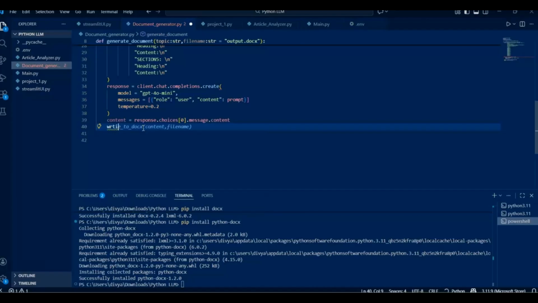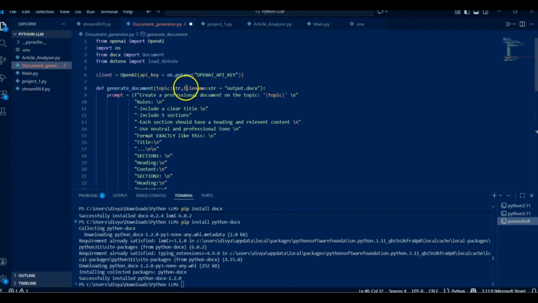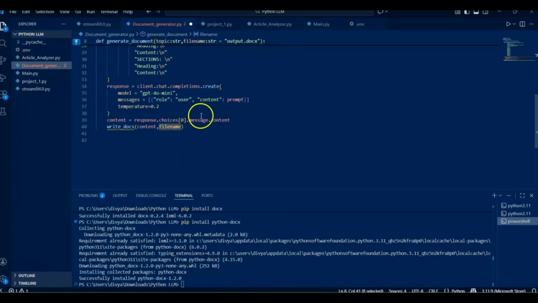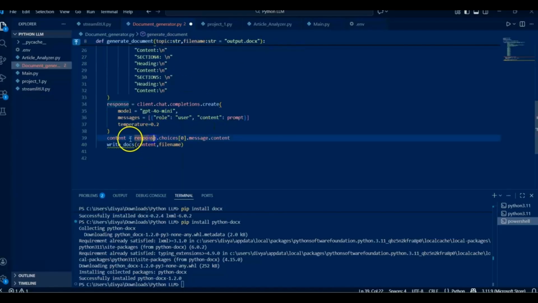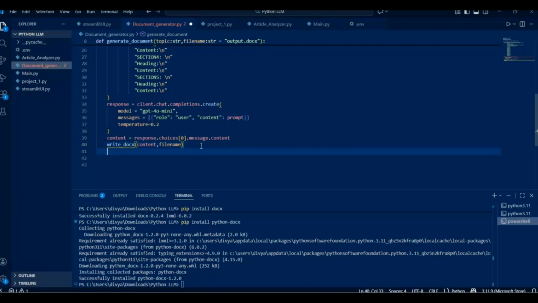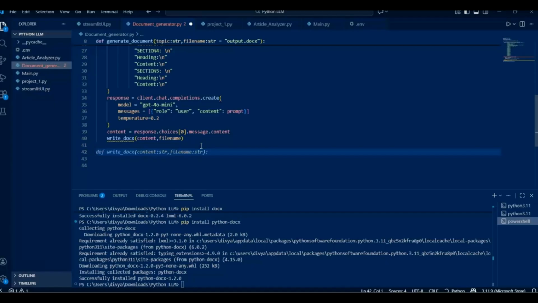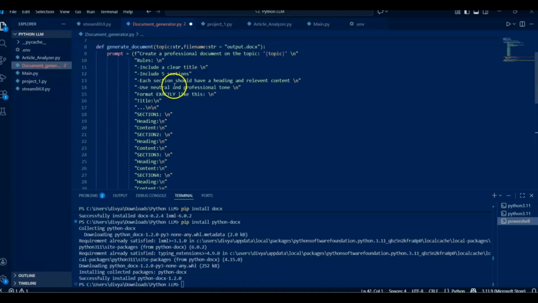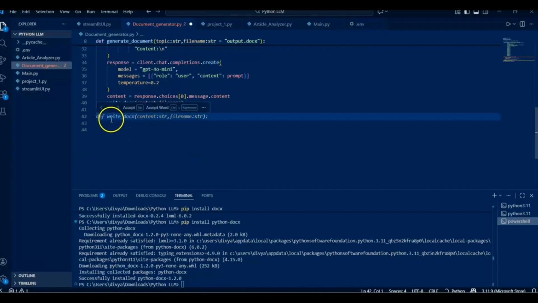And then next I'm going to say write docs, content and file name. So the file name has been specified here as output.docs and the content has been specified here. Now write docs isn't defined yet. It's going to say write docs isn't defined because that is going to be a separate function that we're going to make here. Now we're going to make it so that when we use this function, it will directly call this function as well. So we'll create the next function in the next video